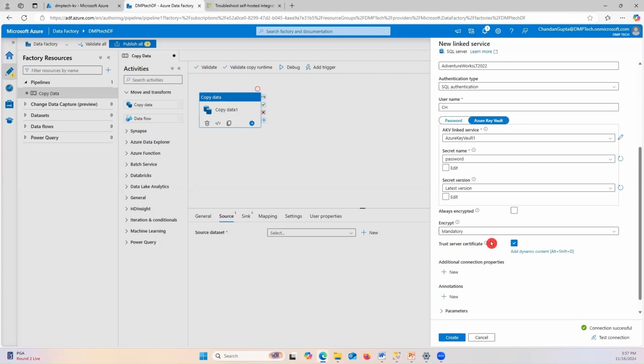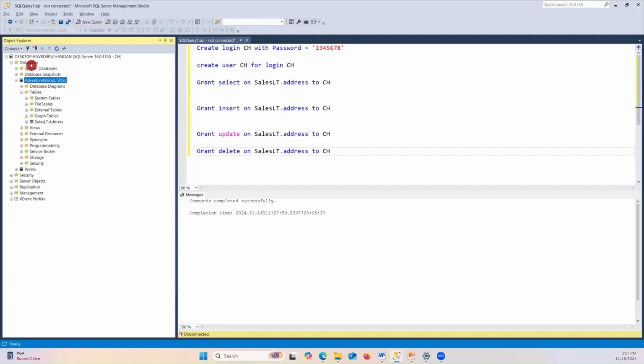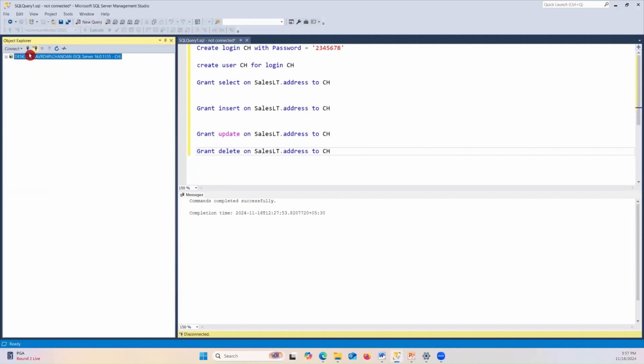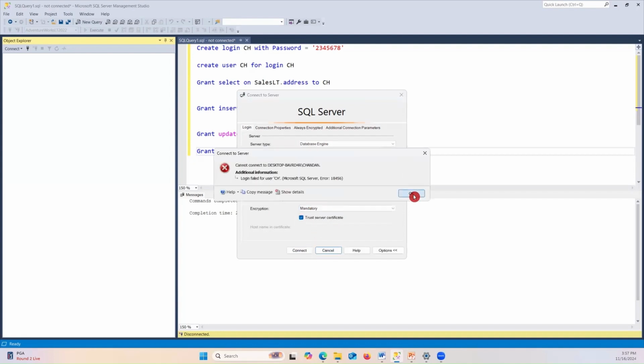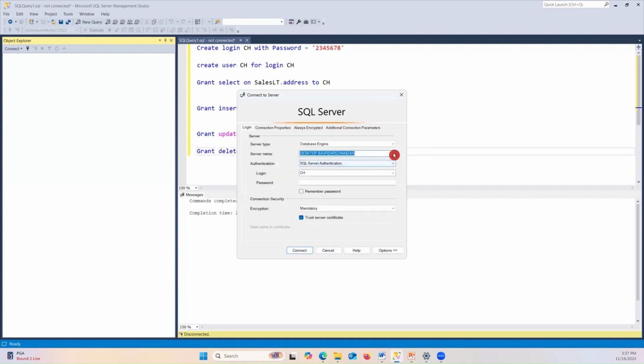So you must be wondering why I have checked the trust server certificate tick. If you go to SSMS, if I disconnect this and connect here, you can see the encryption method here we have selected mandatory, and trust server certificate we have selected. And then, okay, sorry. So here basically,